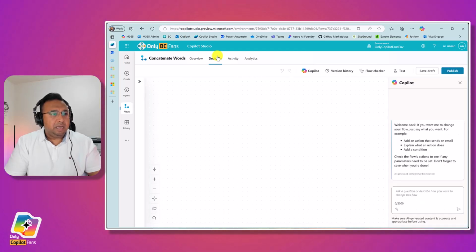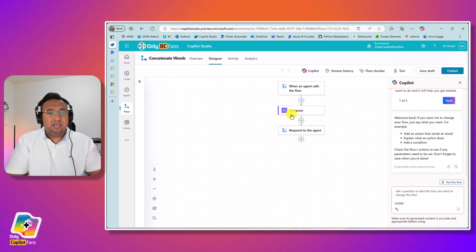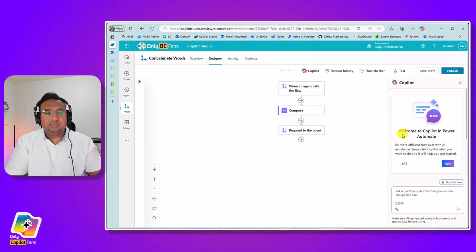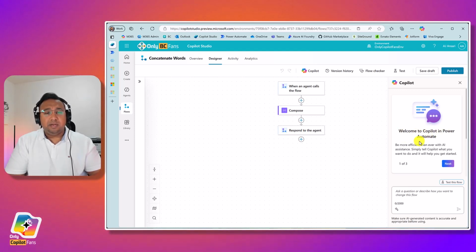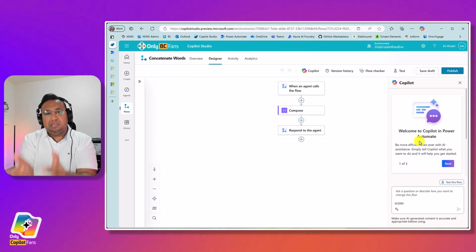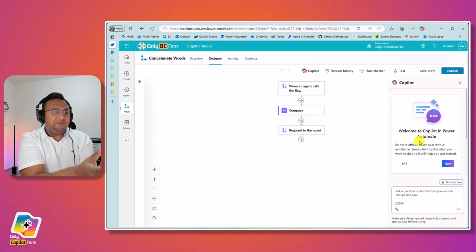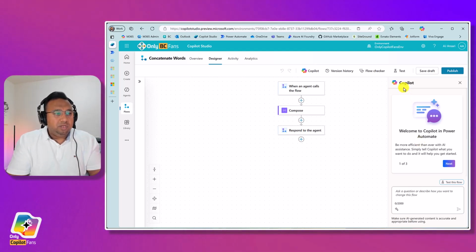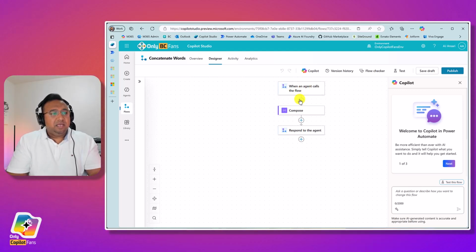And in Designer, I've got my full canvas. And really, if I scroll up, you'll notice it says, Welcome to Copilot and Power Automate. So really, Microsoft has taken that Power Automate experience, lifted it, and dropped it inside of Copilot Studio. And it will typically always start with when an agent calls a flow, and then you can decide what your